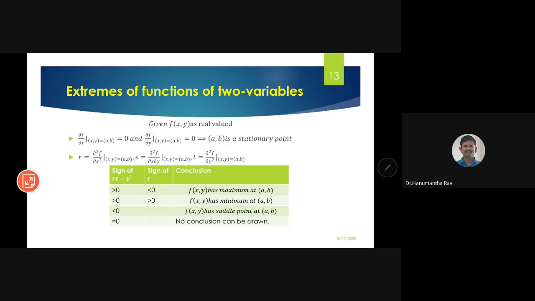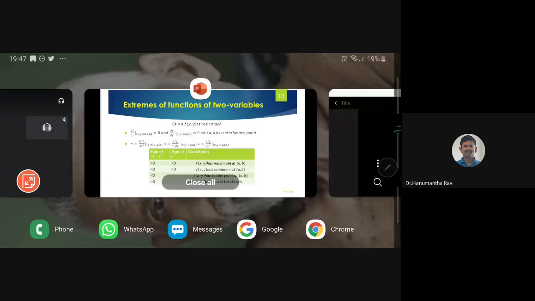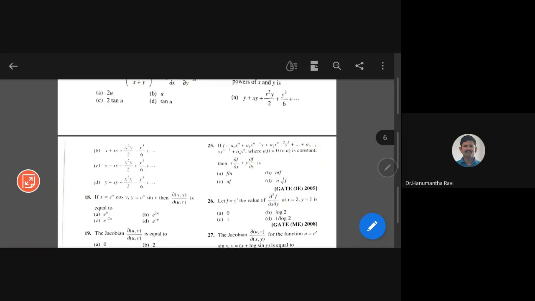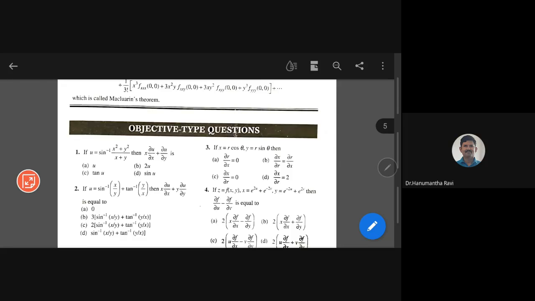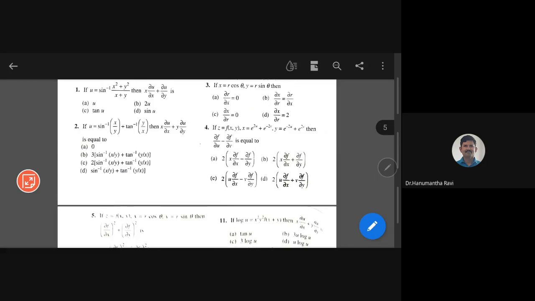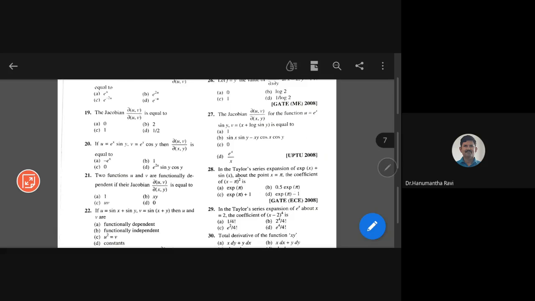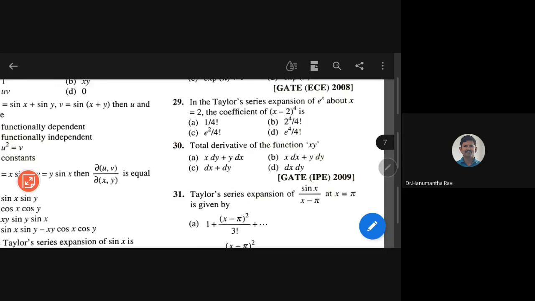So right now we go for the application of Jacobian, problems involving applications of Jacobian. Here we are in fact doing already in previous classes. We have done problems involving Taylor series of functions with two variables, and we have done some problems by using Euler's theorem of homogeneous functions. They are the most prominent ones we have so far done. Now we deal with Jacobians. So if we come to Jacobians,